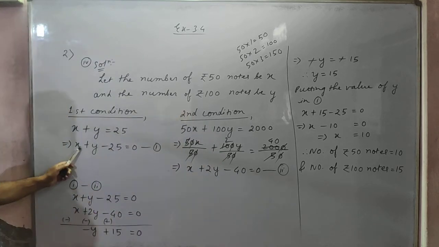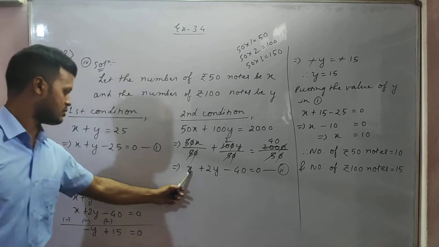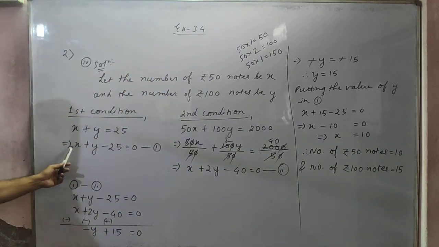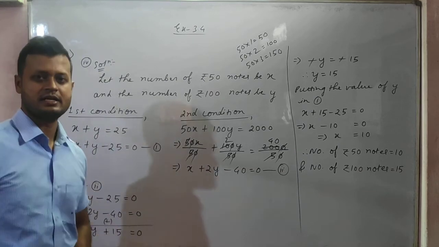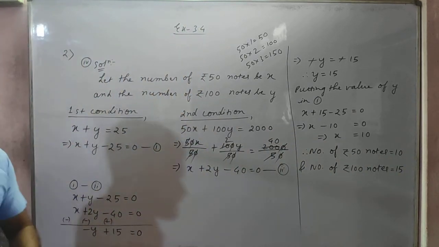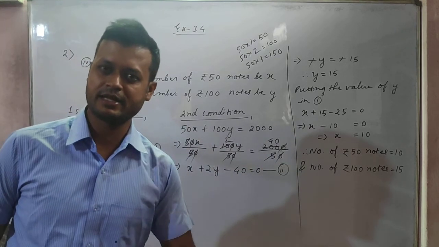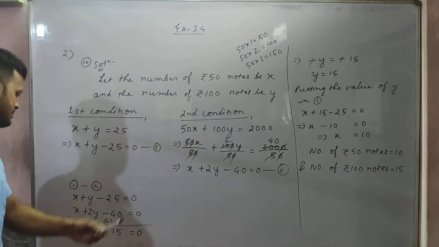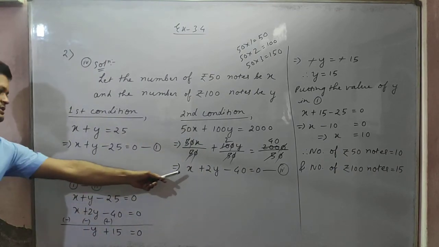And before x, what sign is there, students? Here before x plus sign is there. Here also plus sign. Nothing is there means plus sign. Same sign, then we have to subtract. So therefore I did 1 minus 2. I said to you before, if the signs are the same, then you have to subtract. If the signs are opposite, then you have to add. So this equation minus this equation.